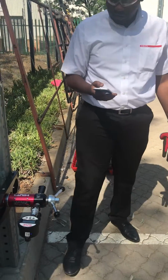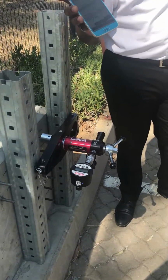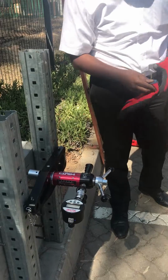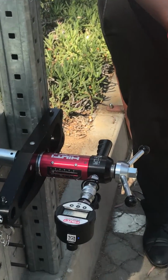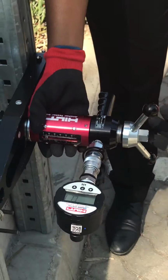0719, right? So the first thing I'm going to do, I'm just going to zero it on my phone. Can you hold this for me? Who wants to hold this? Give it to somebody. Yeah. You can hold it. You can take it out. And as I start applying a tension load,